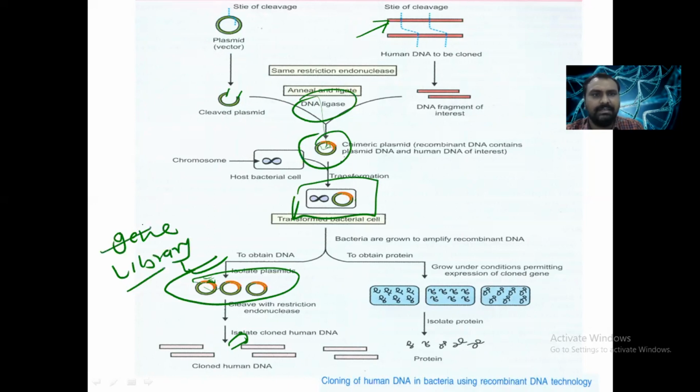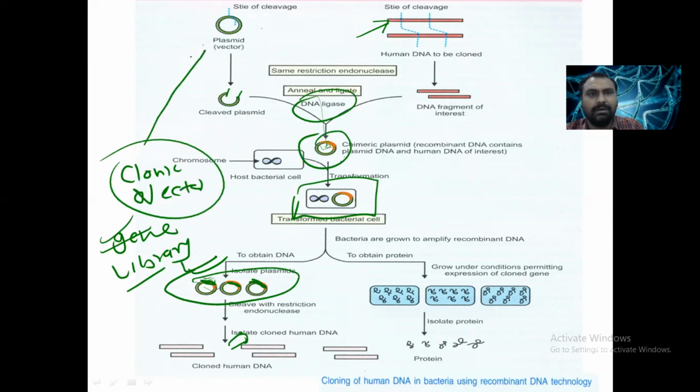Okay, it can be either cDNA or a cell library. So if you want to make only copies of our gene of interest to make the library, we can use this cloning vector, like a plasmid, to make multiple copies of the gene. And if we want to make a protein like insulin, then we can use the expression vector,